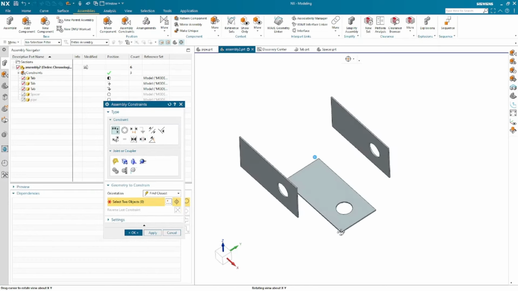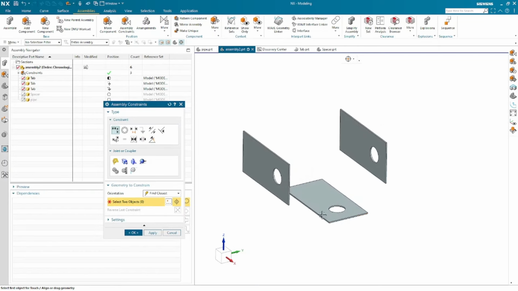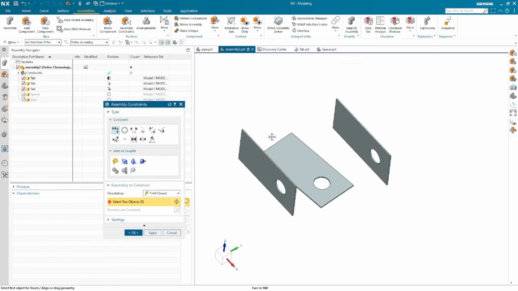If you have already noticed, when I want to move the part within assembly constraint, it cannot be done in all these commands. It can be done probably in some of them which have the move capability. So that's why I always switch to this command when I want to move the part. See,